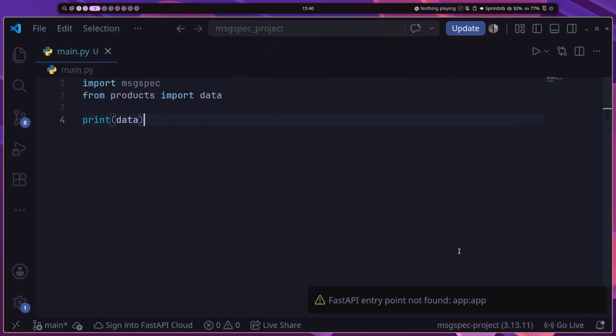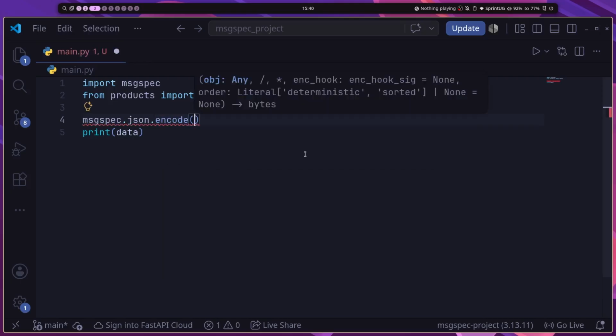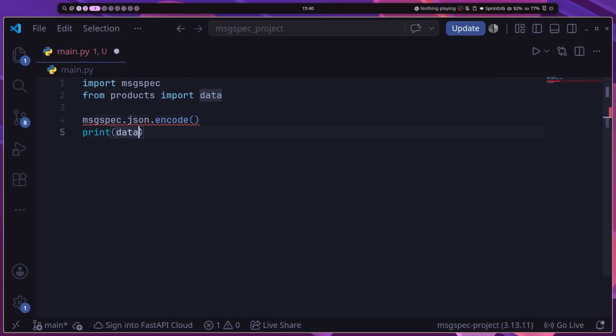If I want to encode this into JSON, then I'll have to do that via MessageSpec.json.encode. So that's the function. Now, this function takes in the object, which can be any valid Python object. So I'll provide our data. I'm going to create a variable called encoded, and that will have our encoded data here. If I print this,